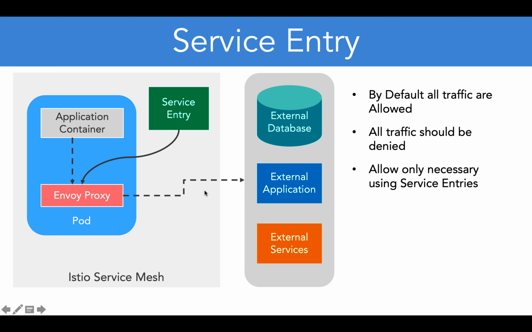So as I said, this is a network policy for Istio, but the difference is that it works at layer 7. That means you can mention fully qualified domain names of the services. Let's say if the external database or application or external service has a DNS name like something.com.org, etc., you can mention that. You are not bound only to mention IP address and port. You can do that in service entry also, but along with that, you can mention the fully qualified domain name of any of the external applications. The second thing is that it is only used for egress traffic or outgoing requests.